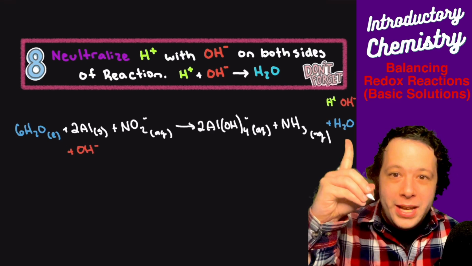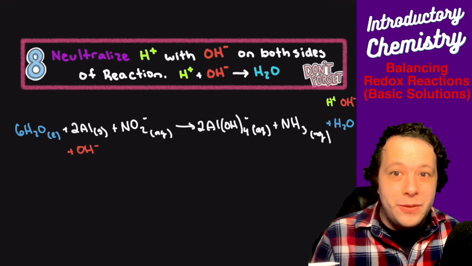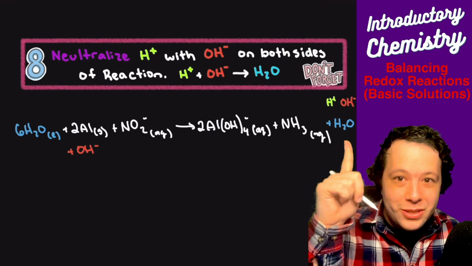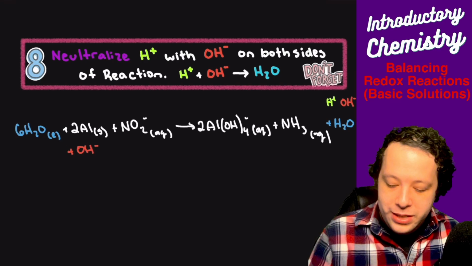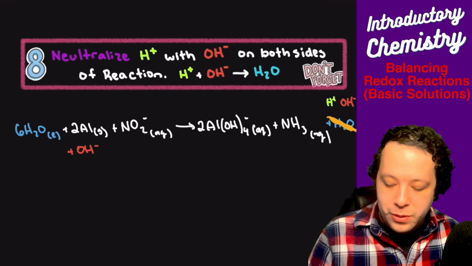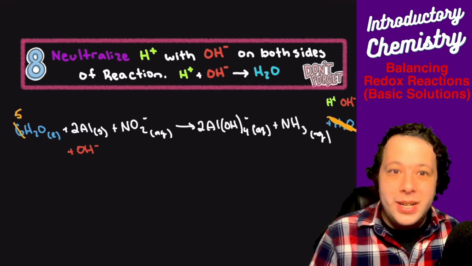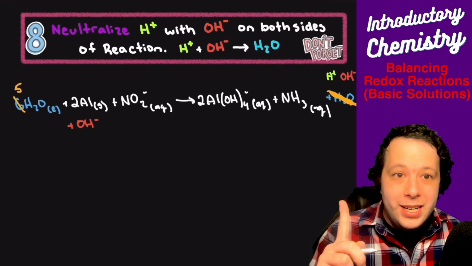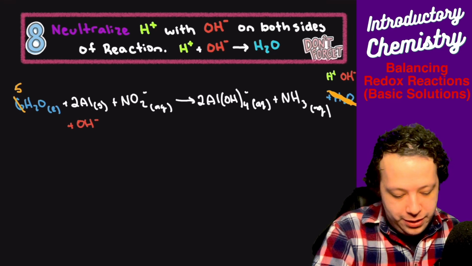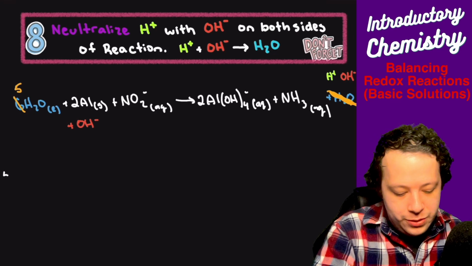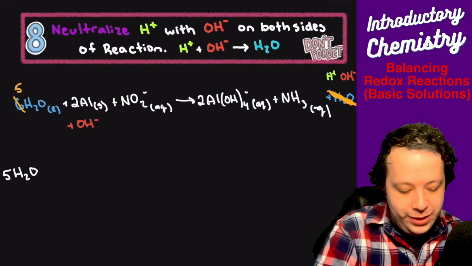All right, so being that we have that water, remember that whole thing with the left and right is we have to cancel that with what's on the other side. So when we do that, this one will go away, and this number over here will turn into a 5. Now, the hydroxide that I awkwardly wrote underneath is going to become a part of the problem. So we're going to write down that we have 5 waters now, and this will be our final answer.